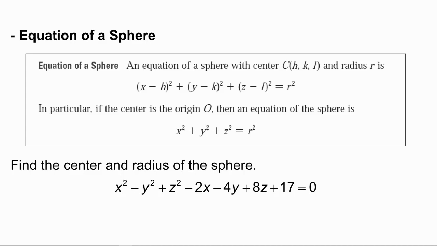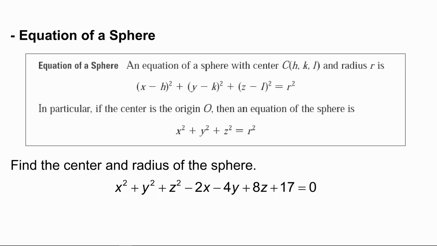So when we're working in a circle, we have a center point (h, k). When we're working with a sphere, we have a center point (h, k, l), and the l is basically that z distance that we are away. Remember, when we talk about a sphere, we're just talking about a center point, and if we go the same distance in any direction away from that center point, some radius distance,